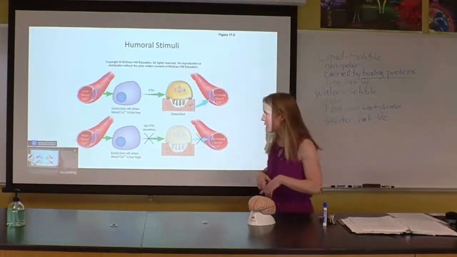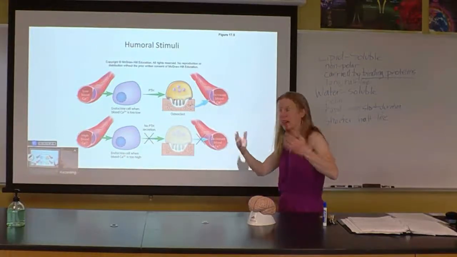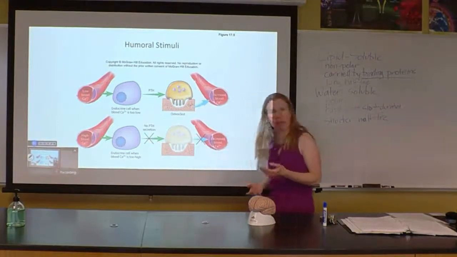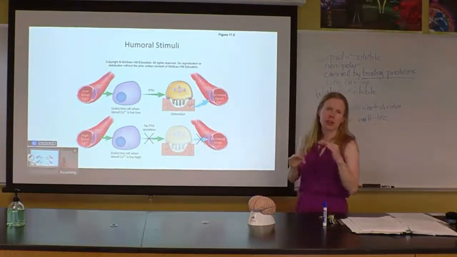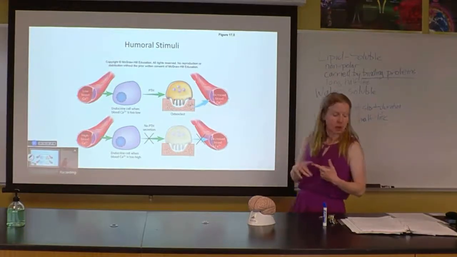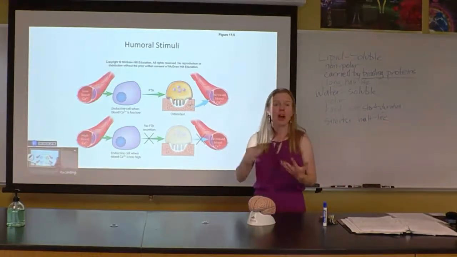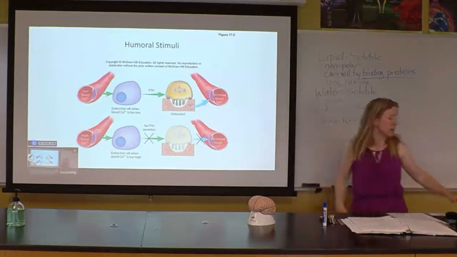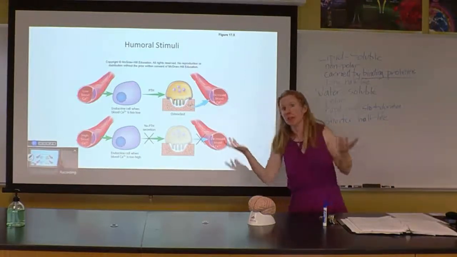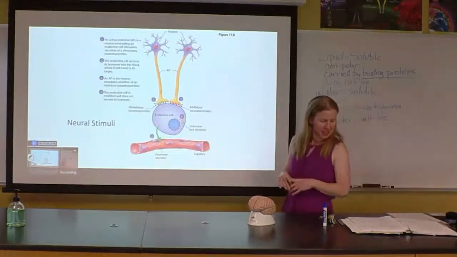The opposite works as well. If those calcium levels, right, there's your molecule or your nutrient, it's in the humors, starts getting too high, you don't get parathyroid hormone secretion, and you'll start to drop the levels in the blood, right? So that's the humors. The same thing works with sodium levels. We have a hormone aldosterone that's going to be released in response to that. Even a nutrient, glucose, right? Insulin is released in response to glucose. Okay, so humoral stimuli. Neural stimuli.